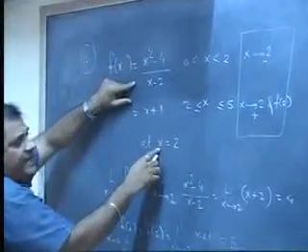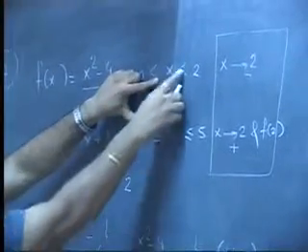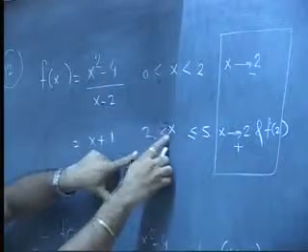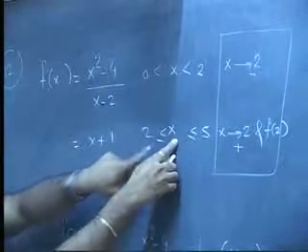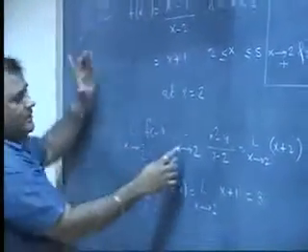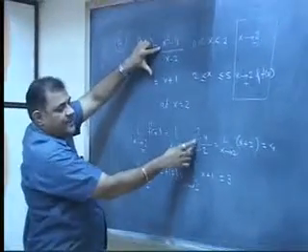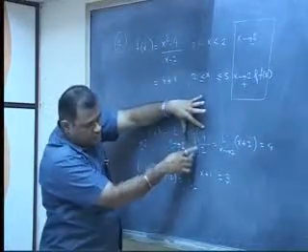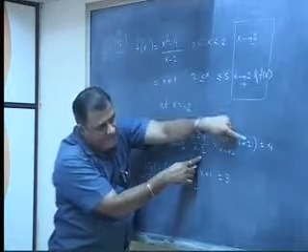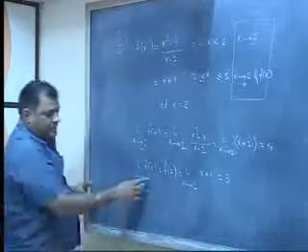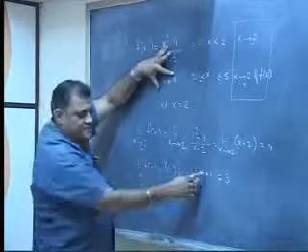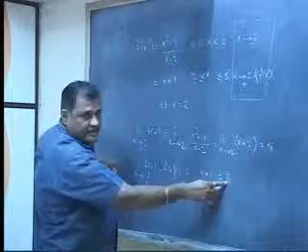I want to check the continuity at x is equal to 2. Children, x less than 2 means x tends to 2 from negative side. X is greater than 2 means x tends to 2 from positive side and f of 2. So 2 from negative side, function is x square minus 4 upon x minus 2, x minus 2 gets cancelled, what remains is x plus 2. Replace x by 2, I get the value as 4. 2 from positive side and f of 2, both the values are same, which is being defined by the function x plus 1. Replace x by 2, you get the value as 3.